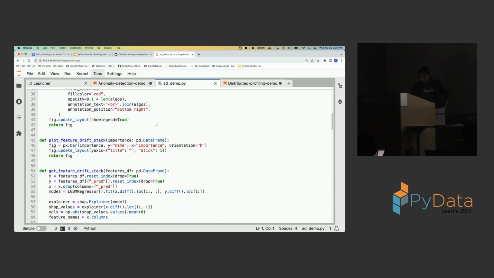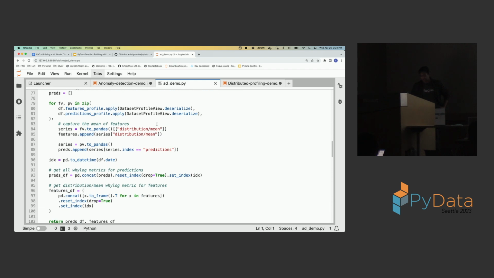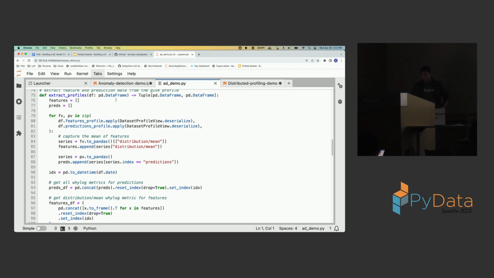If you look at this function here, extract profiles, it's a pretty simple function. We basically take the daily profile created. We go through those profiles, through the features profile and the predictions profile for every single day, and for features we capture the mean of them, and for predictions we capture all of them. Because the reason we capture all of them is because it can become